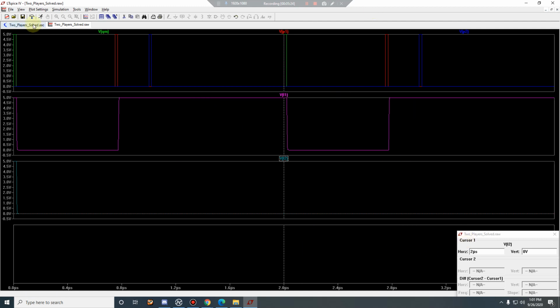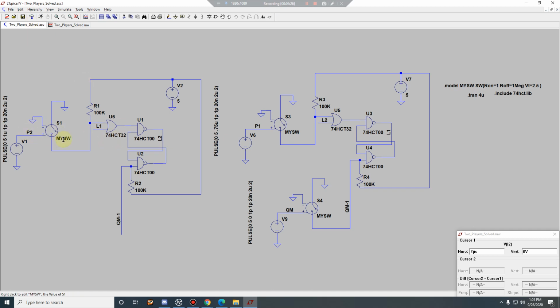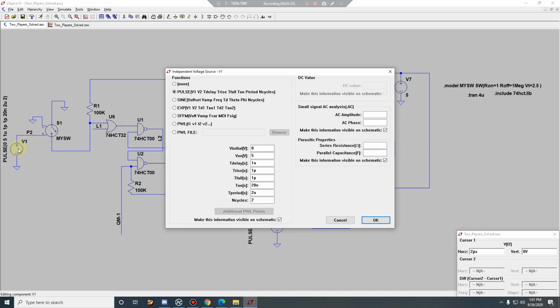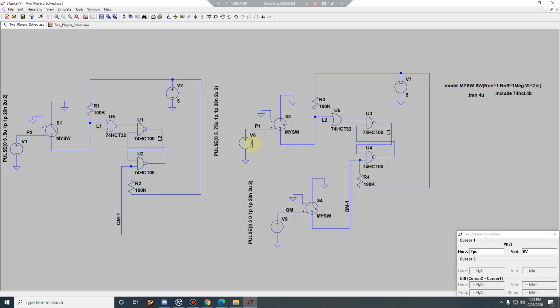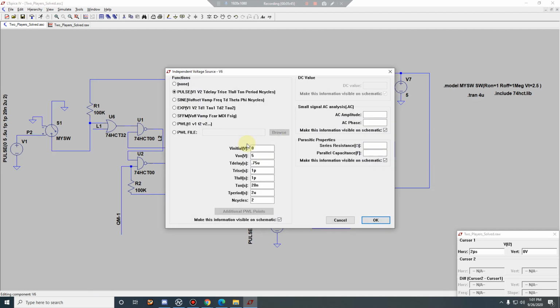Now we can do the other way also. We can make P2 faster and see what happens. So I go to P2, and the delay is 1 micro. Let me put it as 0.5 micro, and I increase his delay, 0.75.